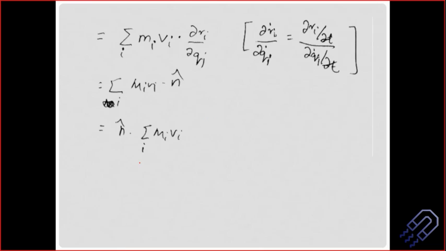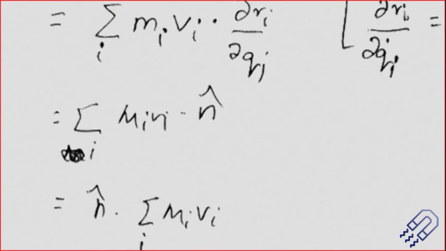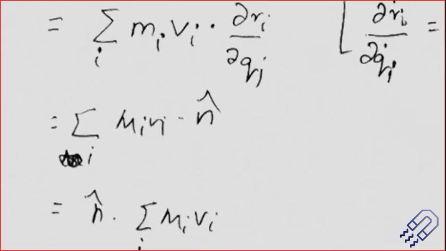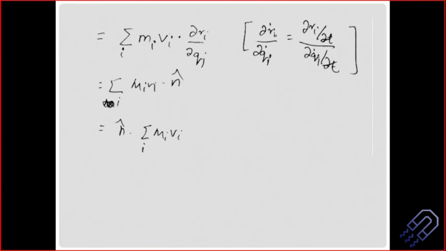So here what we can say is that when we do this, what we do is this: Mi Vi, delta Ri dot by delta Qj dot, delta T gets cancelled, delta Ri by delta Qj, and we have already